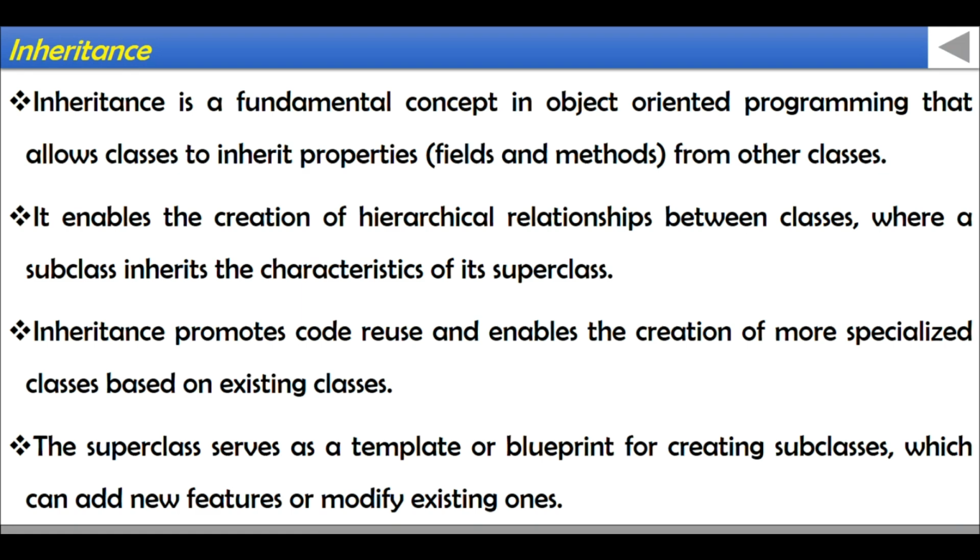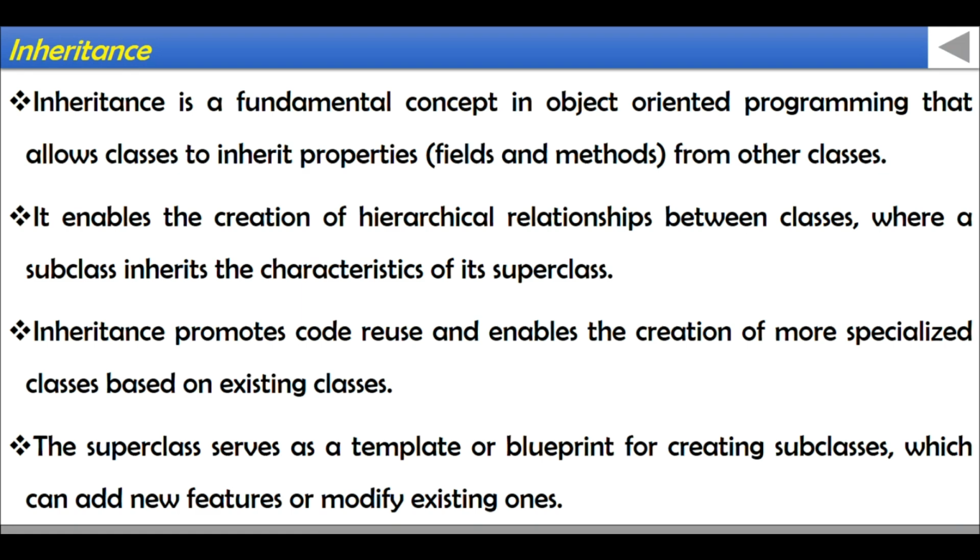So inheritance promotes code reuse and enables the creation of more specialized classes based on the existing class. Which means once the fields and the methods are defined in the superclass, we don't need to redefine them, whereas we can invoke them using the super keyword, right? So it promotes code reuse, as well as enables the creation of more specialized classes based on the existing class,